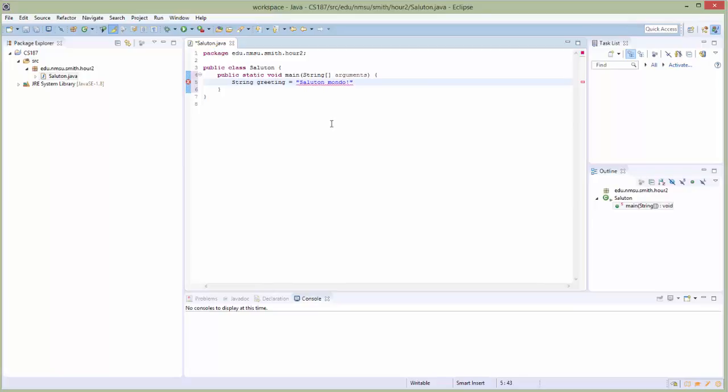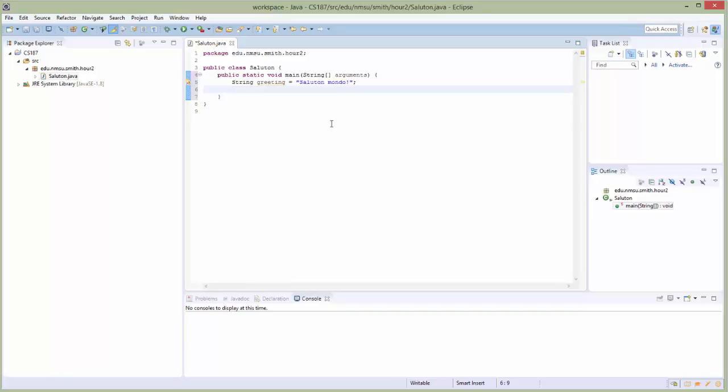Then we're going to hit semicolon, which is a terminator, and that semicolon will cause you more grief than probably anything else, and it's usually because you have forgotten it. So pay attention to that, and you'll get used to it, because nearly every line will have a semicolon attached to it. Line 6, we're going to type